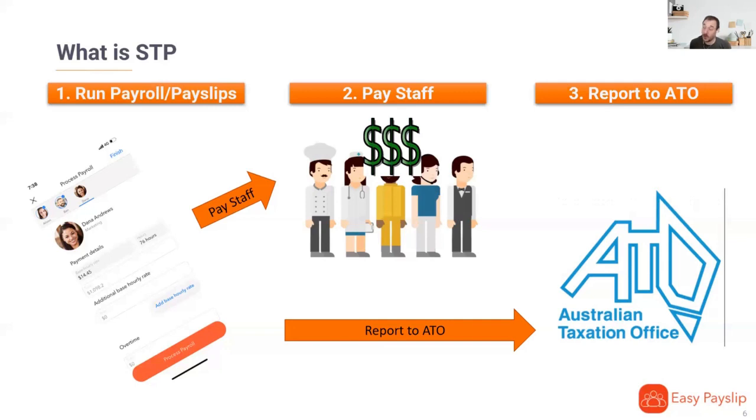It does actually save you some time at year end. Because of STP, we don't need to do income statements anymore for employees, formerly known as group certificates, because employees now get that automatically from logging into their MyGov account. And the way it gets there is because the businesses are doing single touch payroll reporting. So when you do this electronic reporting, the tax office takes that information and puts it into an income statement for your employees that they can access through their MyGov account. So it does actually save you doing manual income statements at the end of the financial year.